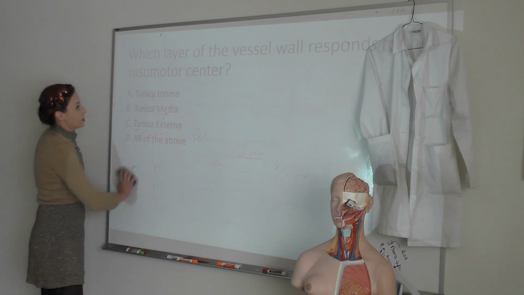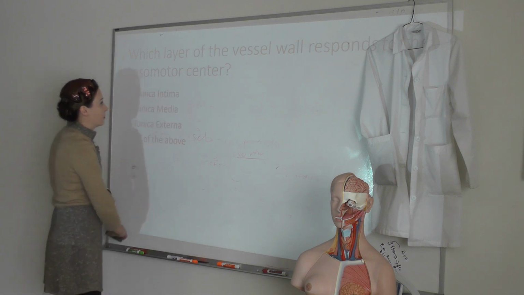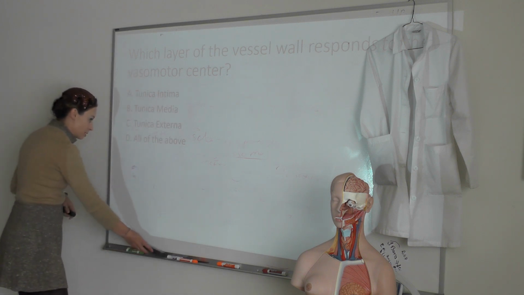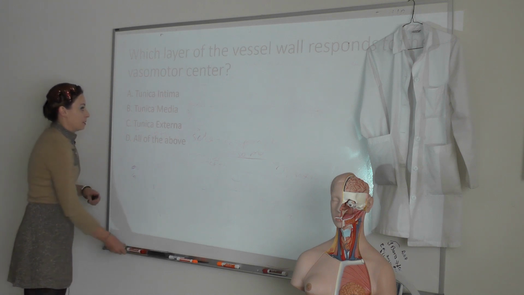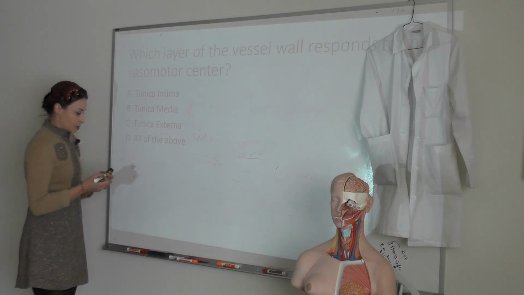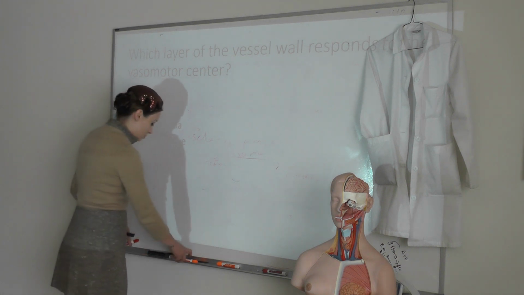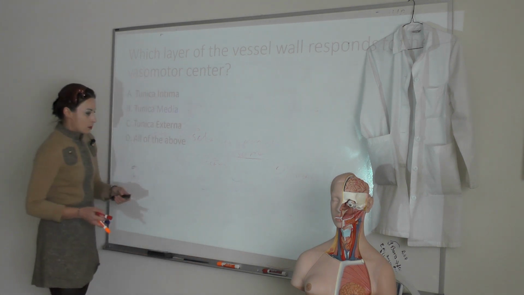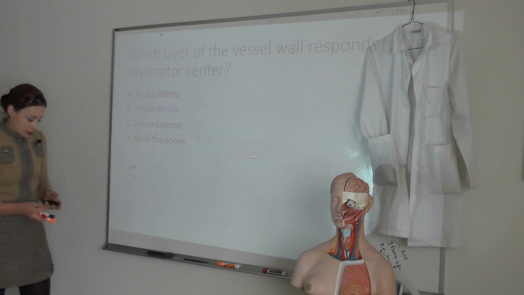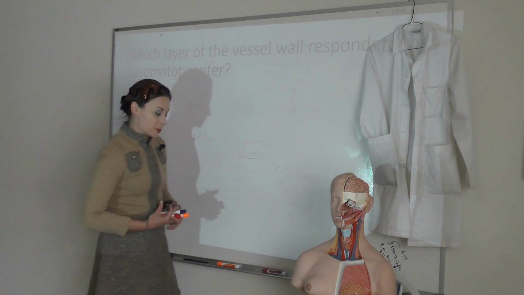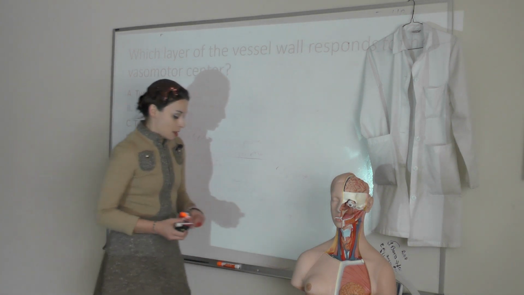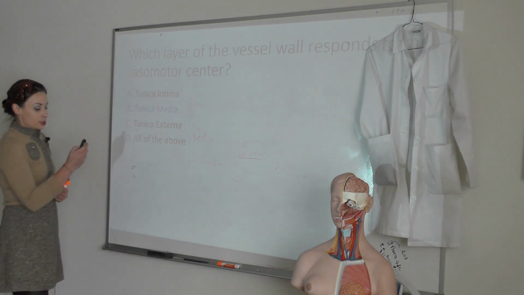Okay, so I have a question for you. Which layer of the vessel wall responds to the vasomotor center? A, tunica intima, B, tunica media, C, tunica externa, D, all of the above. You're right, it's the tunica media because it's got the smooth muscle that can respond to nervous stimulation and contract